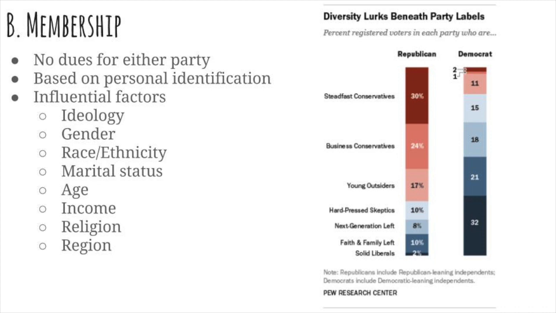And then finally, what region of the country you're from or what part of the society you live in. So urban areas tend to be more Democratic, whereas rural areas tend to vote more Republican. We've also found that the South has flipped since the 1960s of being controlled almost entirely by Democrats to being almost entirely controlled by Republicans. Likewise, the East and the West Coast tend to be pretty dominated by the Democratic Party.